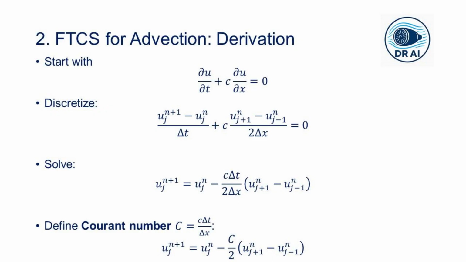Now we apply the same logic to the linear advection equation. The advection equation can be seen over here as ∂u/∂t plus c ∂u/∂x equals 0. Now using forward in time and central in space for the first derivative, we can write the finite difference equation from this particular PDE as represented, and solving for u_j^(n+1), we can find the final relationship in which we can define the Courant number equals cΔt/Δx, and putting it into the earlier equation, we can get the final form,